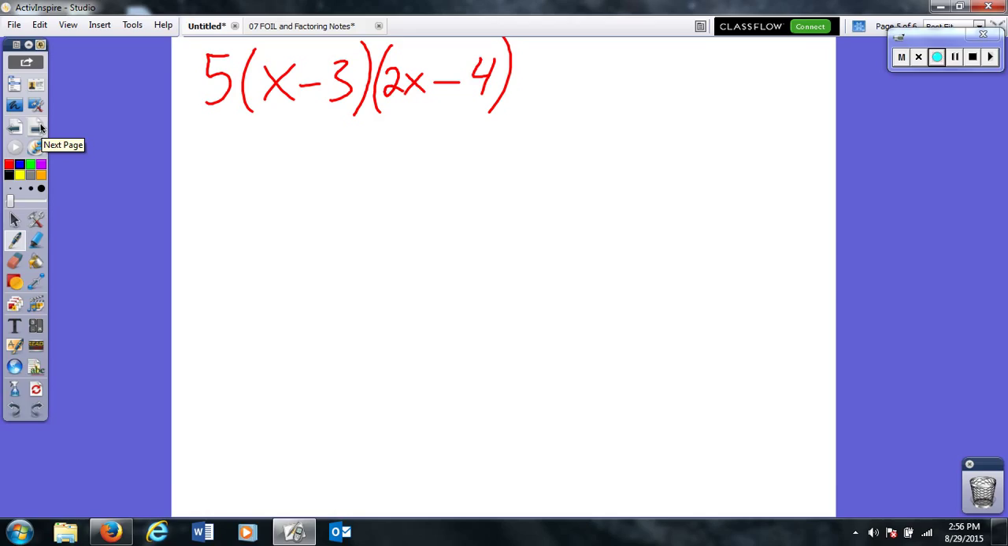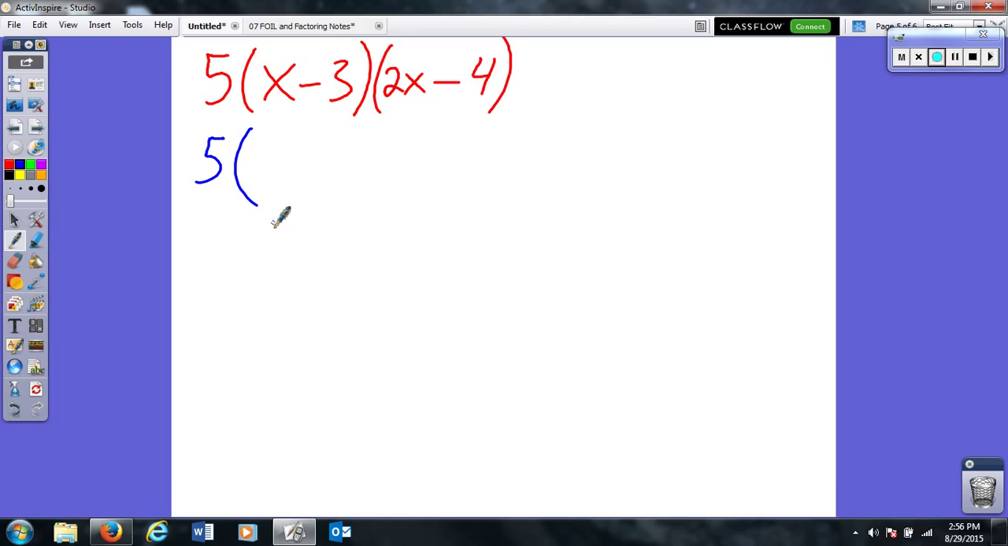Sometimes when you have two binomials to multiply, you're going to have a number out front. To take care of this, you just temporarily ignore that 5 out front, and then do the binomial multiplication, then you just distribute the 5 through. So I'll show you how that works. We'll just write the 5 down first and set it aside for a moment, and then we'll multiply